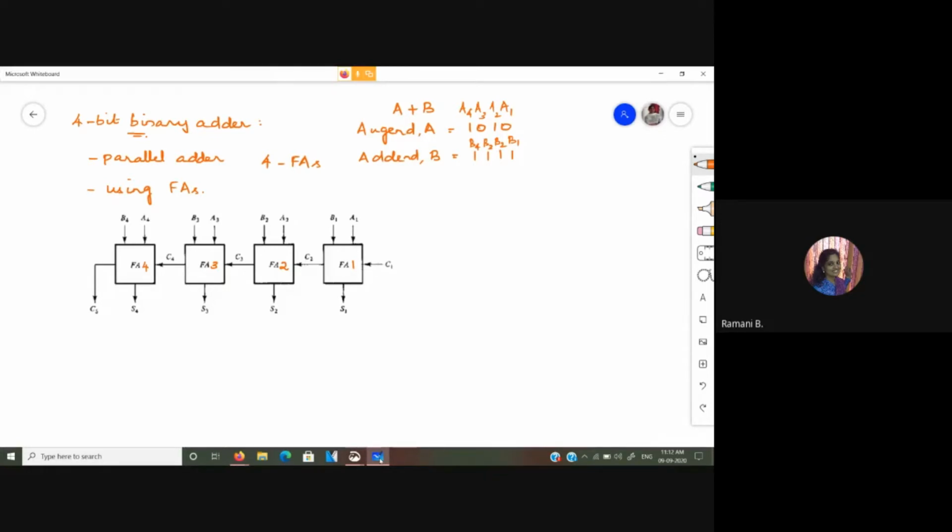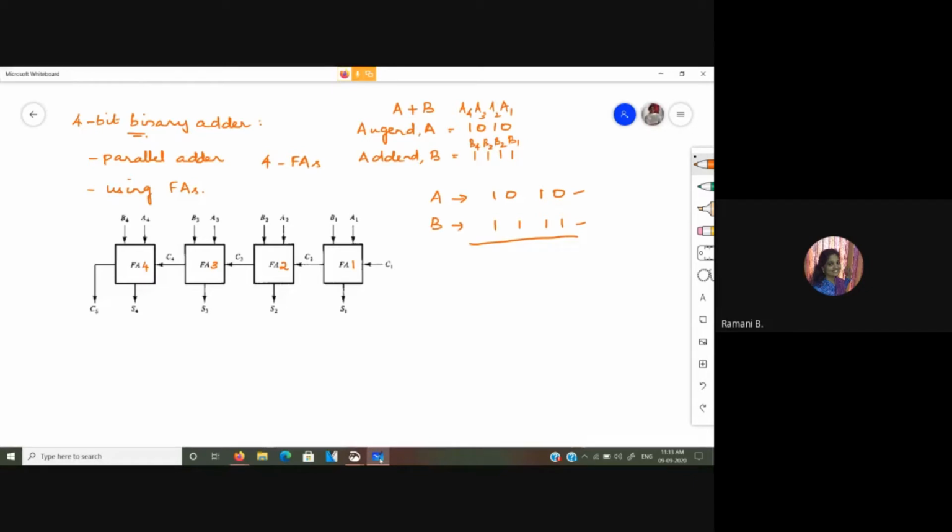So here in this case, what we actually do is, we are having A to be 1010 and B to be 1111. This is some random example I have considered. So here we are using 4 full adders, which implies each of the full adder has 3 bits as input. So with respect to the numbers A and B, I have the value in the least significant bit position. However, for carry, I do not have anything. So while seeing full adders, I was mentioning the inputs as X, Y, and Z. Sometimes we indicate one of the inputs to be carry input, right?